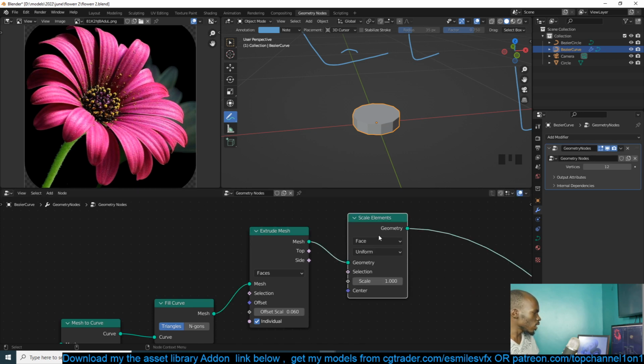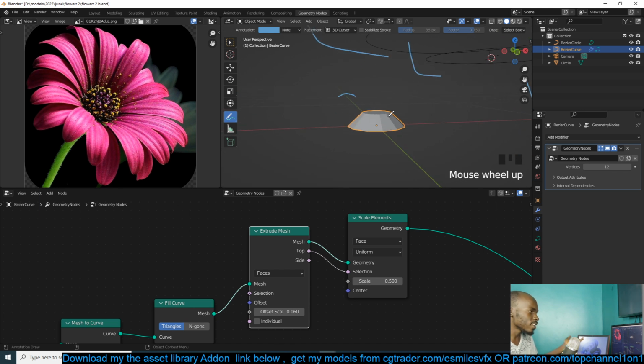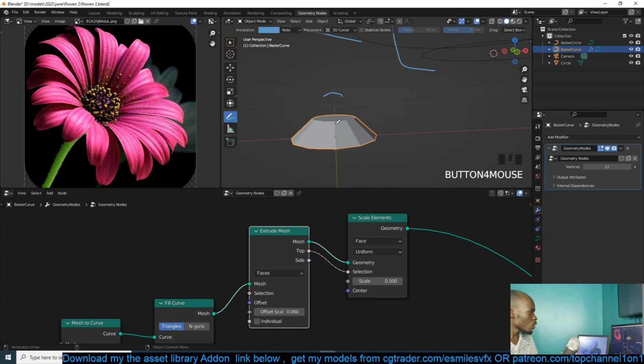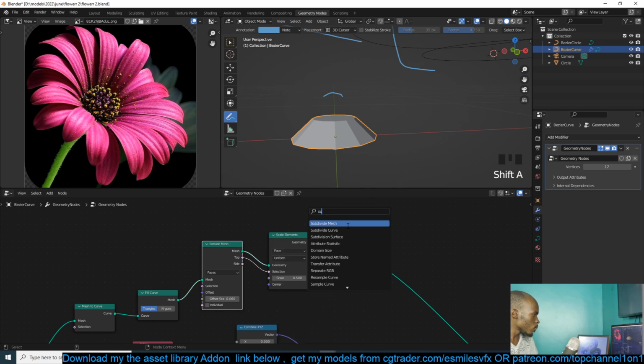Yeah, scale element. This will let us scale this surface, but we only want to scale the top face. So I'm going to use the extrude output top to select the top face, and remove the individual faces option. So we have that, and so we're getting something like that. It's not really a dome, but we can make it into a dome by using the subdivision surface